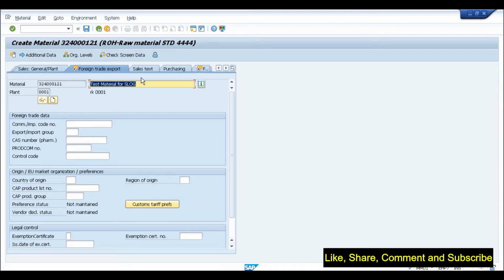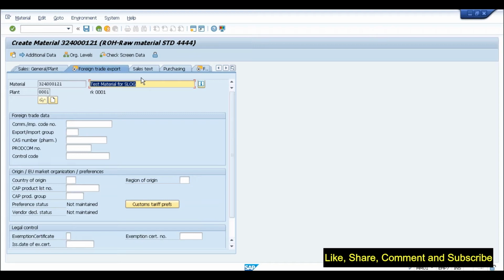Since most of the customers are already on GTS, from SAP's point of view, when we are building a new product, we should not concentrate on the old functionalities used by very few customers, and they should also go to GTS. They should concentrate on the new functionalities rather than sticking to the old ones. That is the reason the old foreign trade management, which was available within ECC, is no more available in SAP S4. If you want to comply with the foreign trade regulations, there is only one option: go for GTS as a separate service.